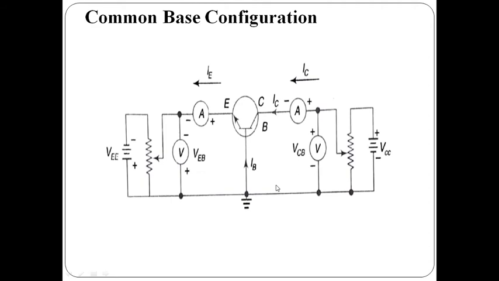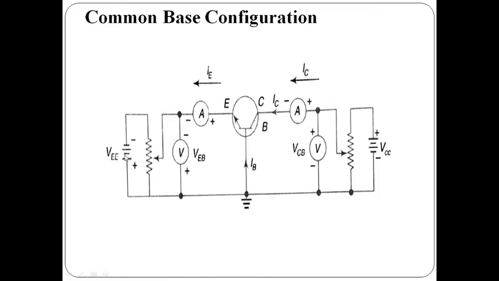We'll go back to the circuit. To find the input characteristic curve, we have to keep VCB constant by varying the output source. So for example, initially VCB is 0 volt, and by varying the VEE, the voltage versus your IE current will be noted. So as VEB increases from 0 to 0.1 volt, the emitter and base will be acting as a normal PN junction.